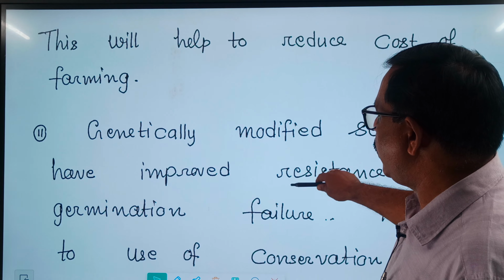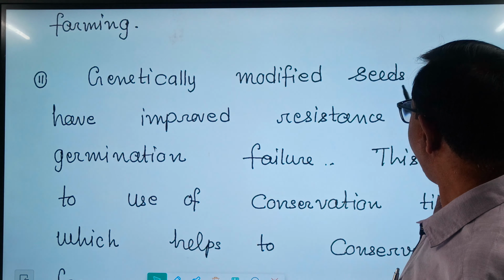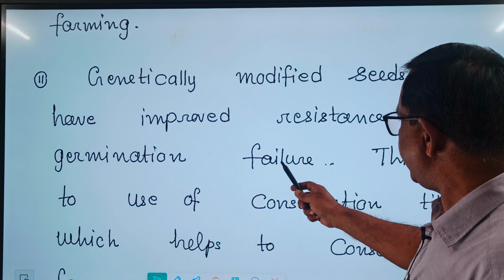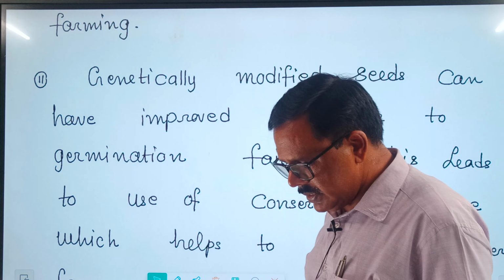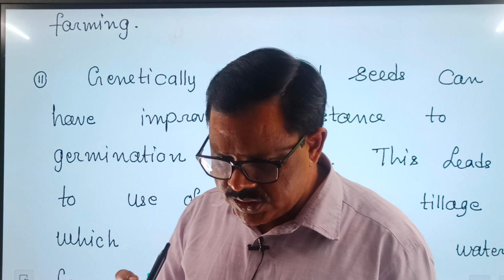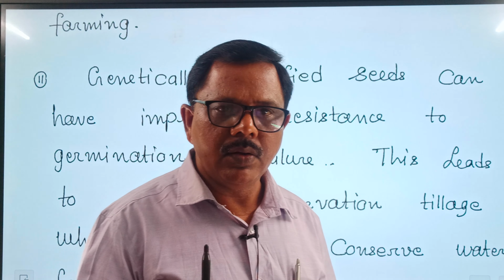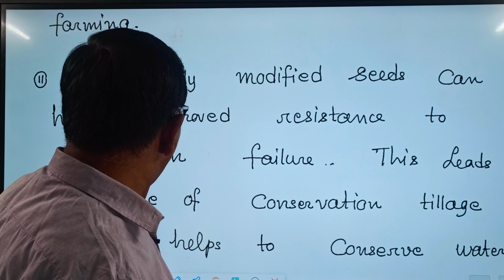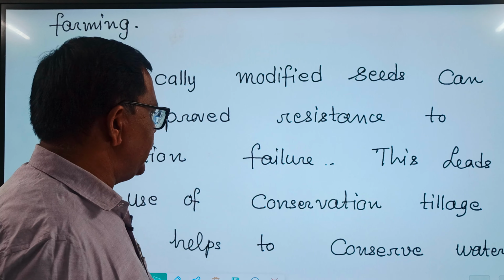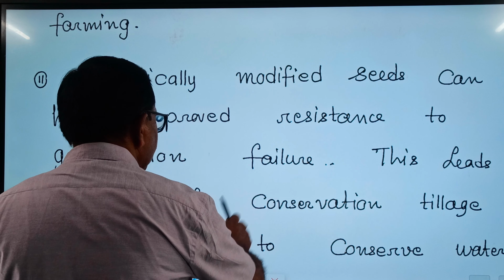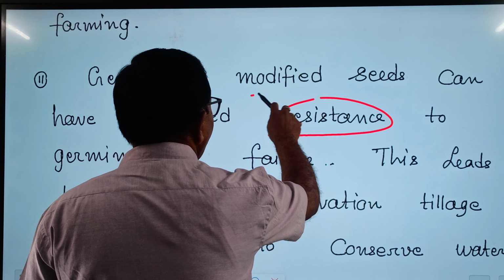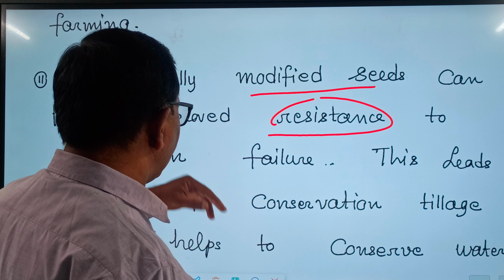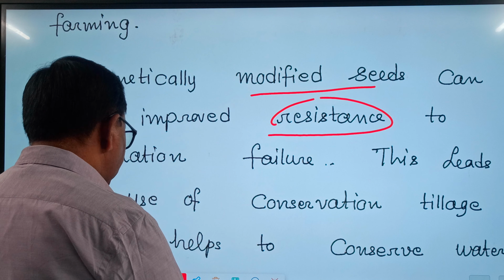Later you write the point number 2. The genetically modified seeds can have improved resistance to germination failure. Remember, such type of new research shows that the genetically modified seeds can have improved resistance. The modified seeds have such type of resistance for germination failure, it is necessary,